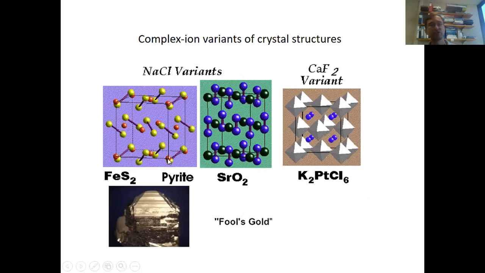Sit on the face centers and the corners of the unit cell. And then the S2 minus anions fill the octahedral holes, because they are sitting on the edge centers as well as the body center of the unit cell. But now the respective hole is not filled by a simple atom, but by a more complex